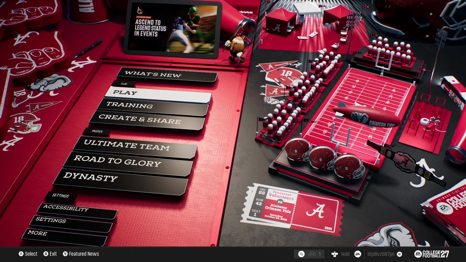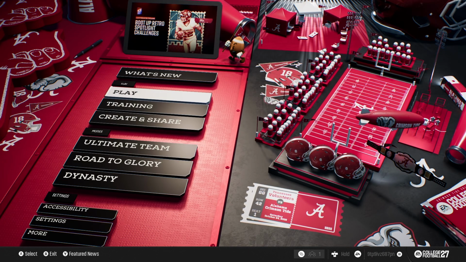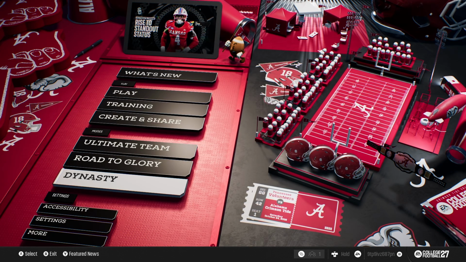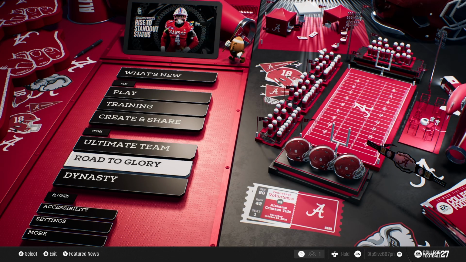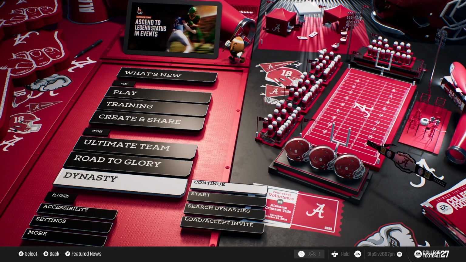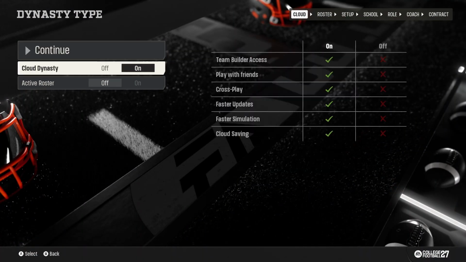Hello guys, if you want to play an offline couch co-op in Dynasty mode in College Football 27, it's actually very easy to set up and you can have multiple users controlling different schools on the same console. To get started, head to Dynasty from the main menu and create a new offline Dynasty by turning off Cloud